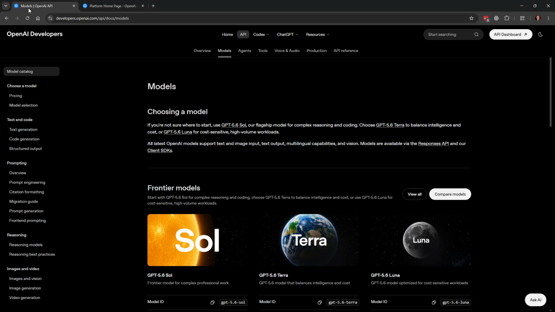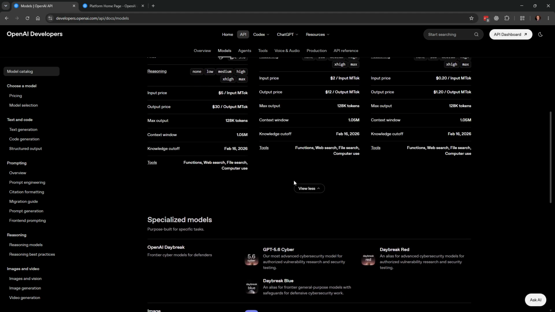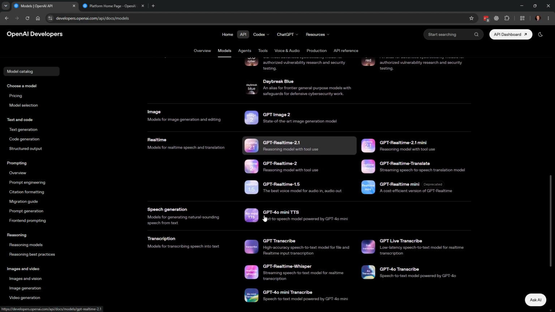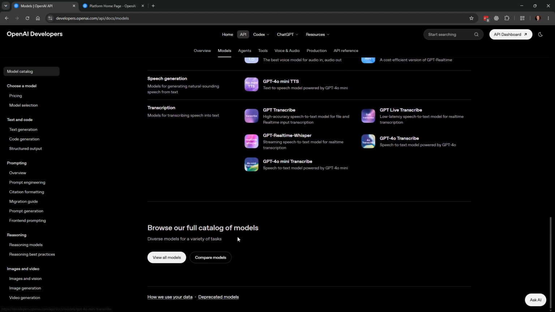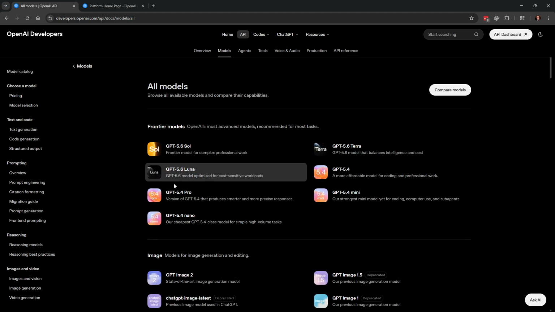So up in the different models up here, we can go and find the different model names. So let's go to different models. But essentially, we're going to use the same ones that we used before.